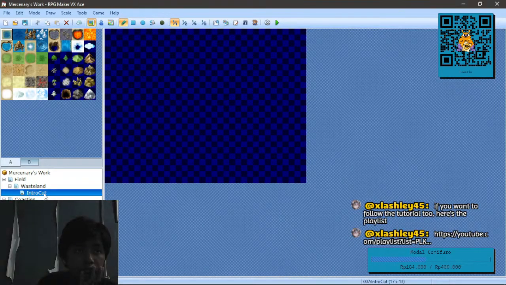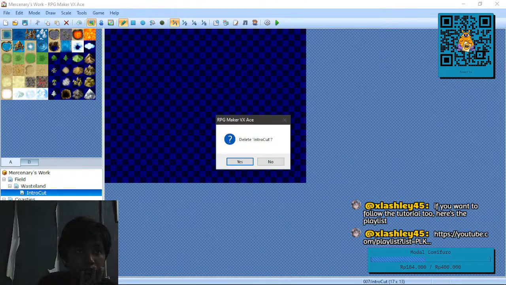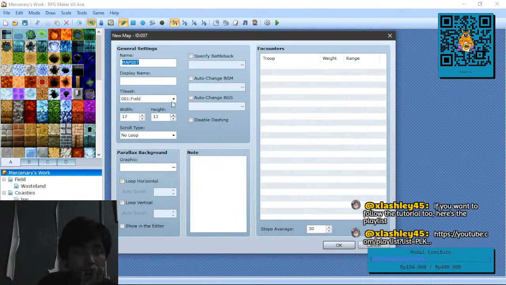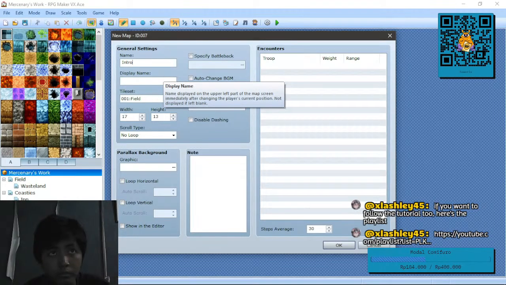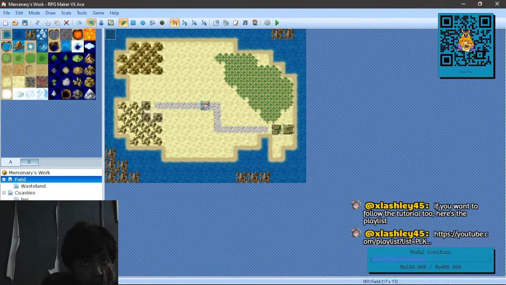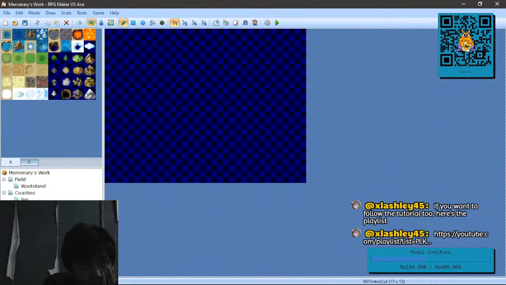The next thing we want to do is a few things in the database. The first thing is to reassign the starting position of our main actor. If you've been following along, you will know that our actor by default will pop up on the field map right here. That is where we put them in the database. You can reassign this, and we want to reassign it to this new intro cutscene map. You do that by going to the database,